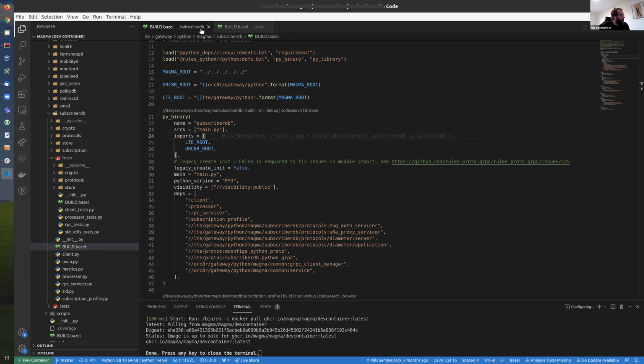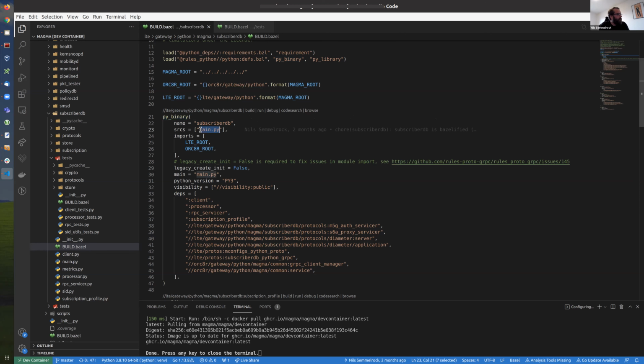For our example here for SubscriberDB, what we see here is, sorry, a rule, a py_binary. Like the name suggests, we have here one bundle that is modeled in the Python service, SubscriberDB. And the rule is py_binary, and it defines the target SubscriberDB.